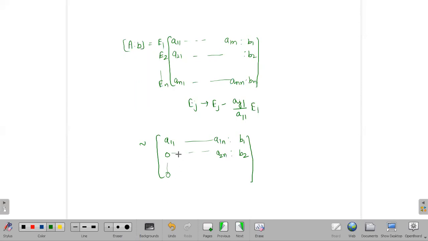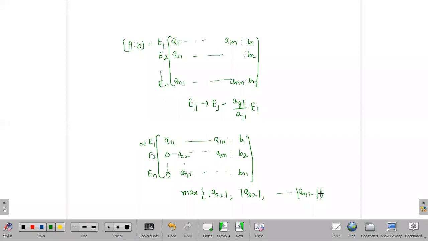Suppose it is 0, 0, 0, Bn. So now with the help of A22, we have to make these elements 0. So this is E1, this is E2. Again, we have to make this as a largest element. So again, look into the below A22 element. So let us pick up maximum of A22, A32, AN2. Don't look at the above A22, that is A12. So you just start picking the maximum element from A22 onwards.